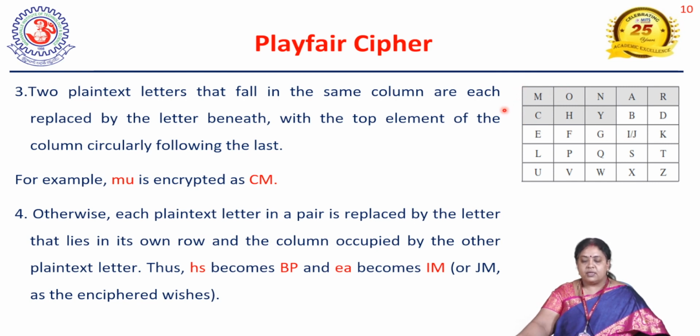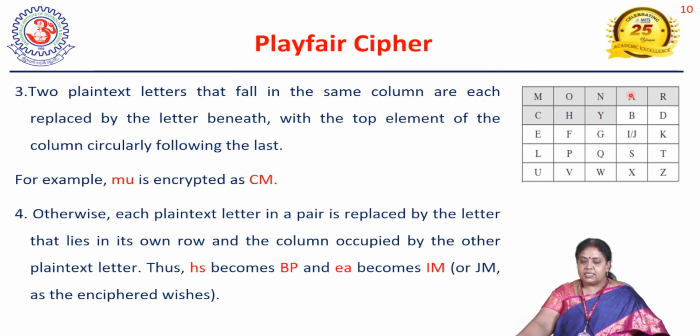In this technique, we are going to take a 5 by 5 grid where we arrange the keyword and the remaining alphabets. Then we substitute based on three rules. If the pair of letters fall in the same row, then we take the right letter. If they fall in the same column, then we take the beneath letter. If the pair of letters are not in the same row and not in the same column, then you have to take